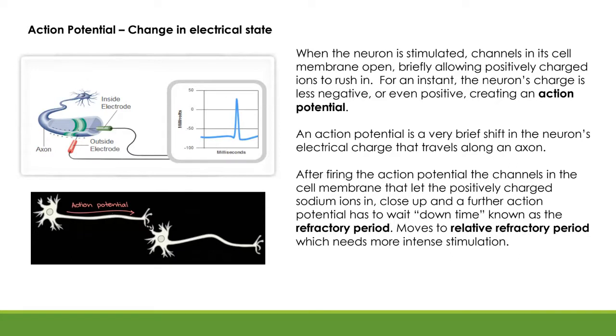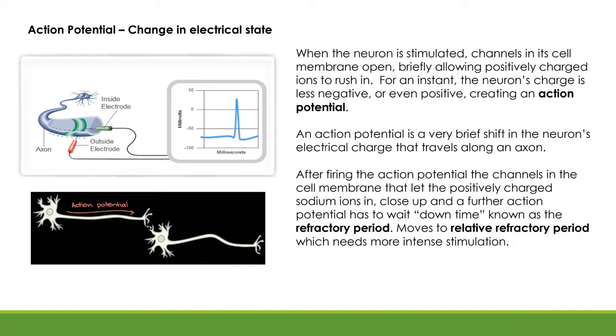that minus 70 millivolts starts to creep up to minus 60, minus 55, and it's depolarizing. And I'm sorry if this sounds like a bit of a science class or a life science class, but it's simple at this stage, and it is just fundamental to understand these very simple processes. So what happens then is basically the charge becomes less negative. So it was at minus 70, the positive ions come in, therefore it's becoming less negative, and it starts to create what is an action potential. That's where that little electrical current starts.